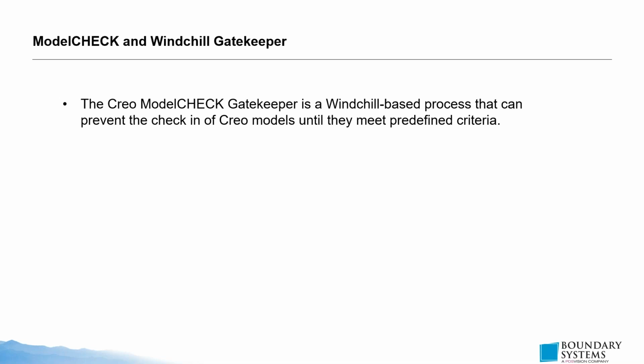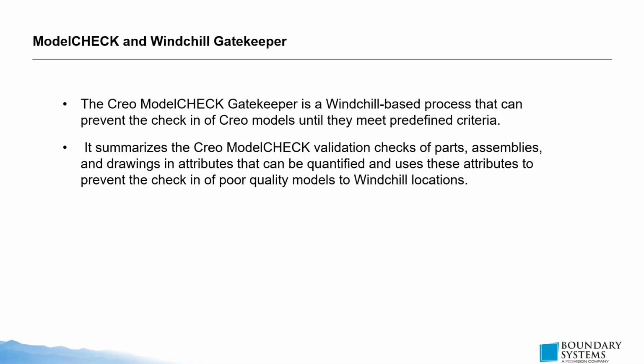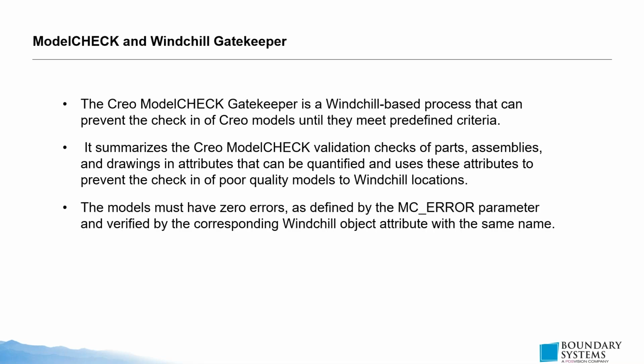So it'll validate the values that we have in our model from ModelCHECK to make sure that we can actually check it in. So once again, it summarizes the Creo ModelCHECK validation of parts, assemblies, and drawings, and attributes that can be quantified, and uses the attributes to prevent the check-in of poor quality models in Windchill. The models must have 0 errors as defined by the MC error parameter and verified by the corresponding Windchill attribute